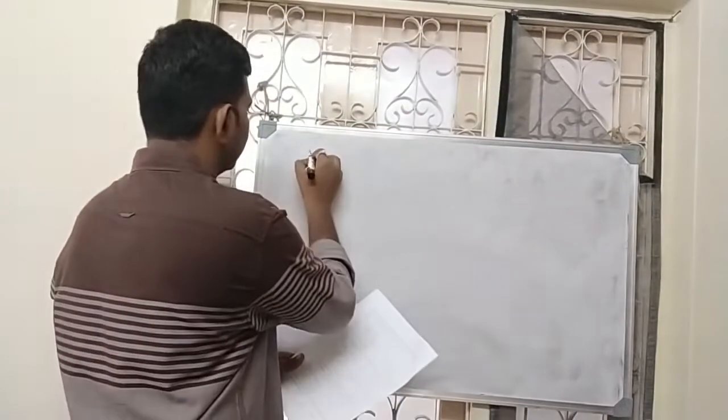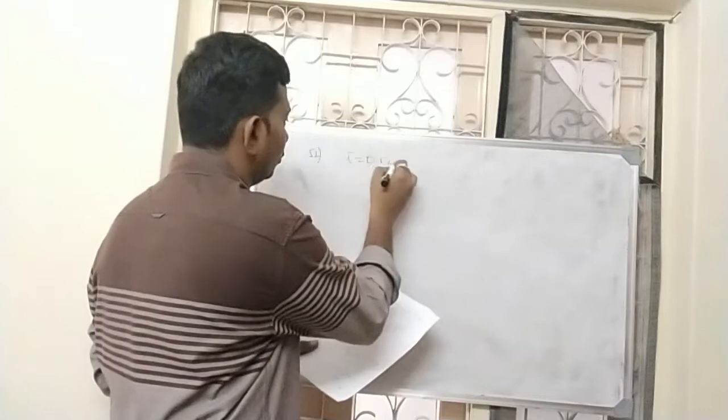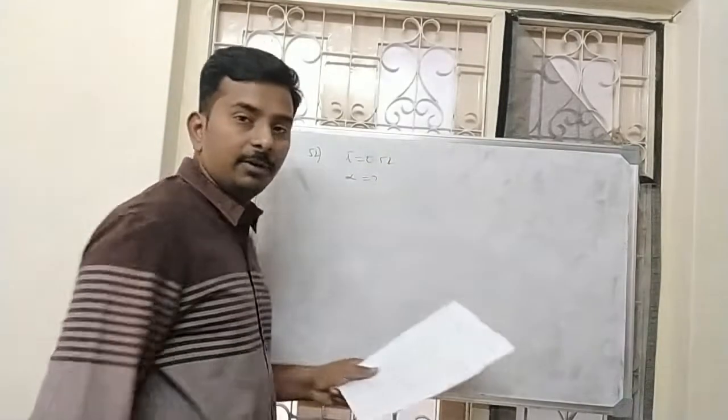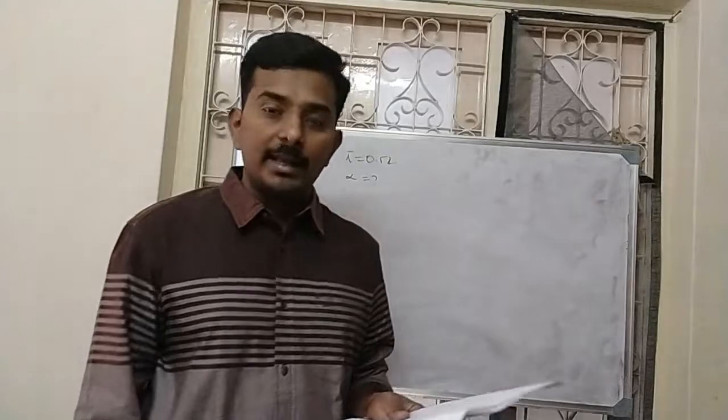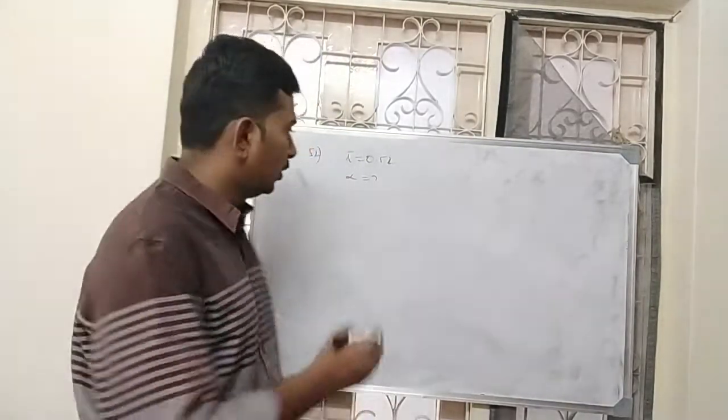Coming to the next question, question number 52. Acetic acid exists in benzene solution in the dimeric form. In an actual experiment, the Van't Hoff factor was found to be 0.52. What will be the degree of dissociation of acetic acid? So the i value is given as 0.52. You need to calculate the value of alpha. And we know that acetic acid in benzene is undergoing dimerization. That means it is association. So for association,